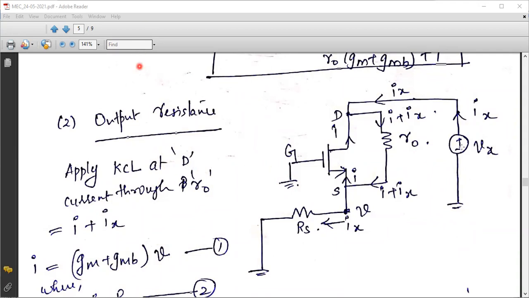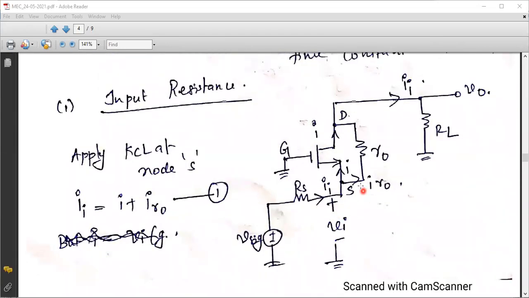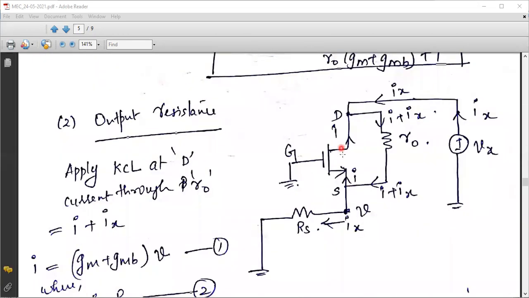So let the dummy voltage Vx, or the test voltage Vx, be connected at the drain terminal, and the current coming from Vx is Ix. So this current Ix will be entering the drain terminal. And you know that the current I will be coming from source to drain. I call it I because it is the current coming from your signal input. As per your previous diagram, you know the current direction I from the source towards the drain. So the same current direction I will be retained here also.